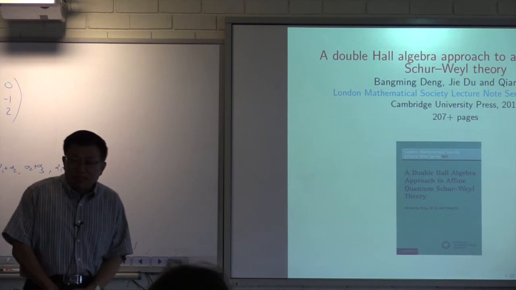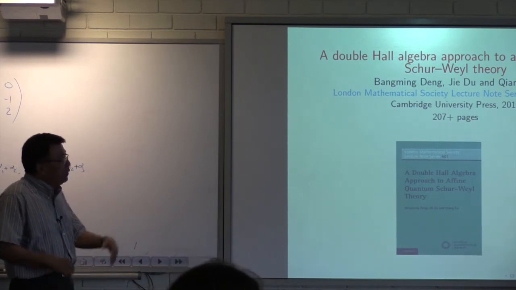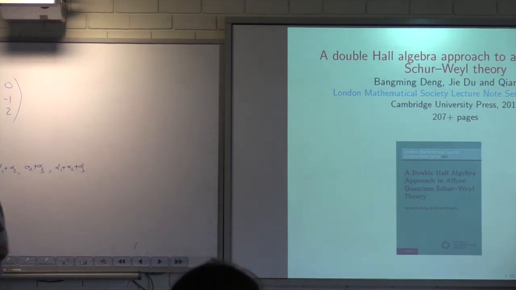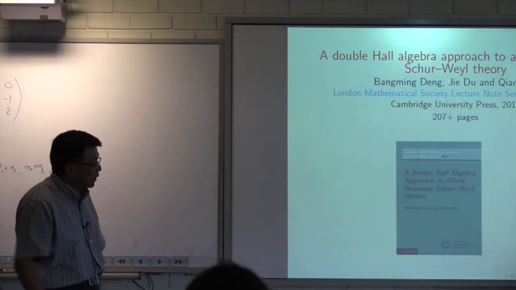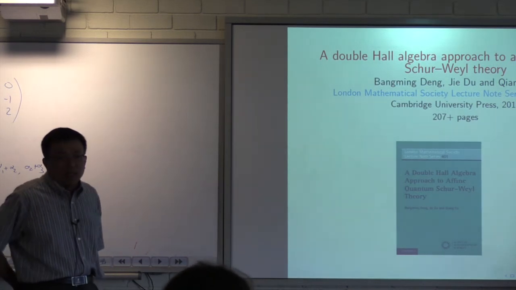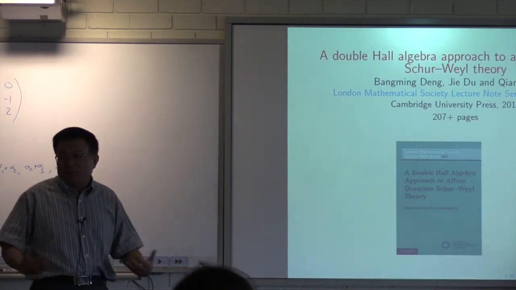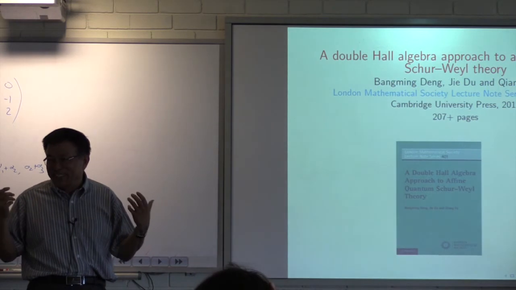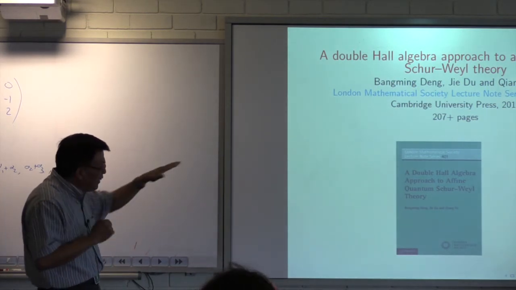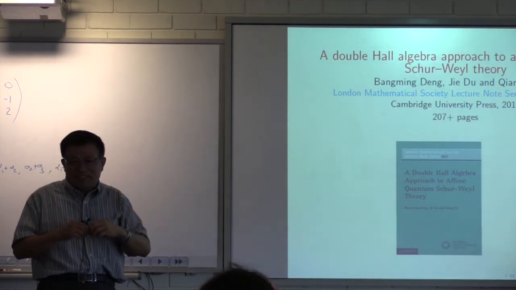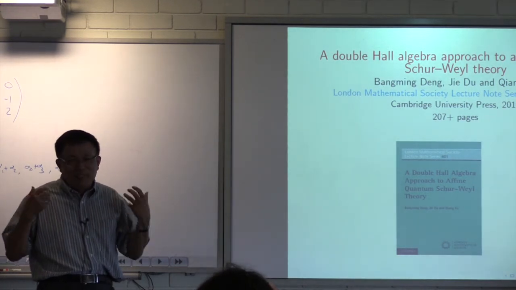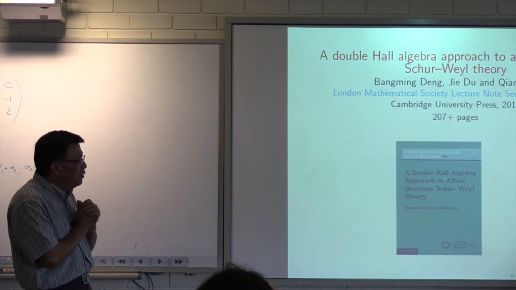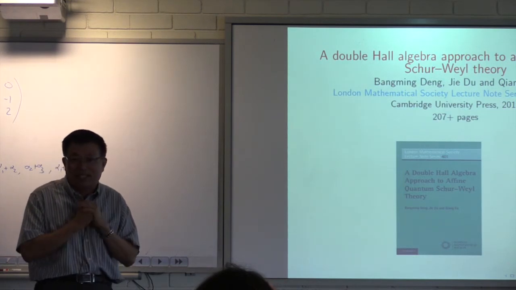Then after that work, quite a few people, including some very top mathematicians, did quite a bit of work trying to generalize it to the affine case. Their method was mainly geometric. Okay? But I feel like the finite type case, or just the algebraic methodology, is so nice. But the geometric method is very abstract. It's hard to see what's going on there.